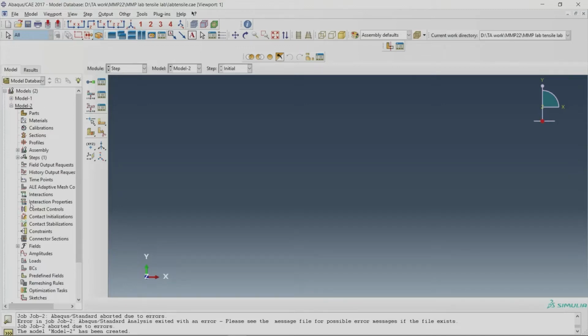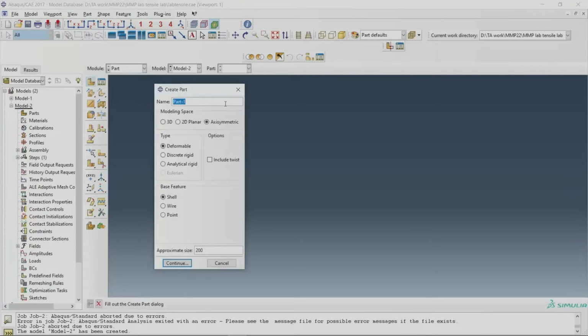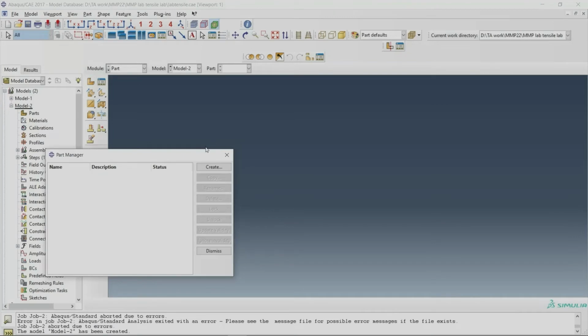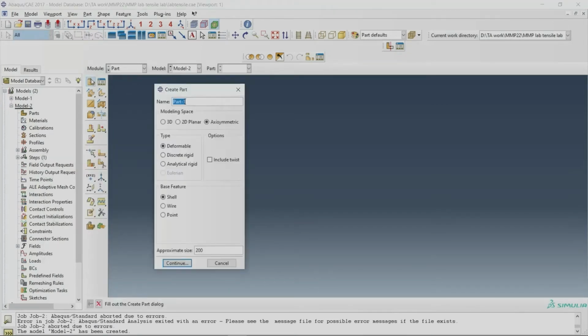This one here is called your model tree, and whatever you can do here you can also do here. This portion is more elaborate. So first is how to create a part. This is a manager. You can create it here, or you can directly click here.